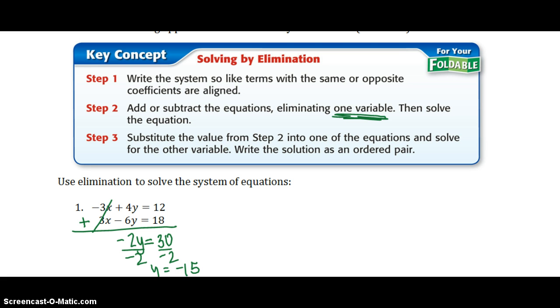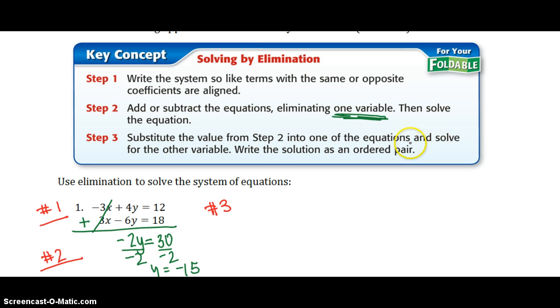So I don't want to overlook any steps. Step number 1 was really already taken care of for us. They were already aligned the way we wanted them to look. Step number 2, I added my two equations so that my x would eliminate, and I went ahead and solved that equation. So now I'm ready for step number 3, and it says substitute the value from step number 2. Well, in step 2 I found out that y is negative 15, so I need to substitute it into one